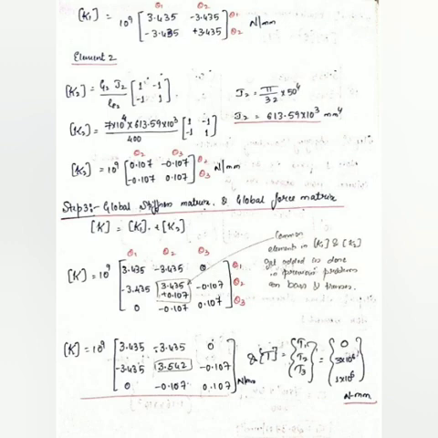Similarly for element 2 also, you can write the matrix as follows: K2 matrix equals 10 raised to 9 outside, 0.107 is a common element, and it is a symmetric matrix. But the numbering is theta 2, theta 3, theta 2, theta 3 for element 2 along horizontal and vertical direction. You give 2 and 3 naming because it is element 2 with nodes 2 and 3.